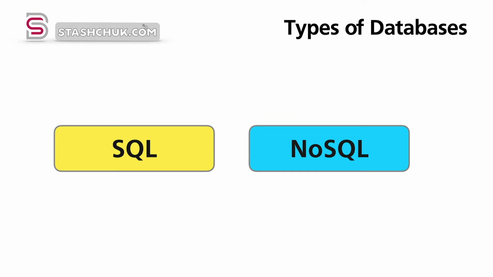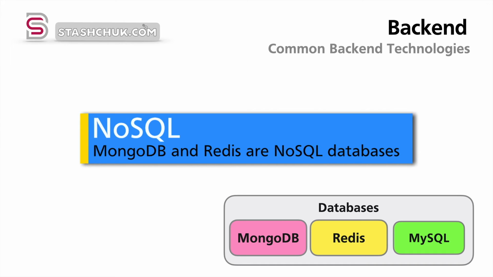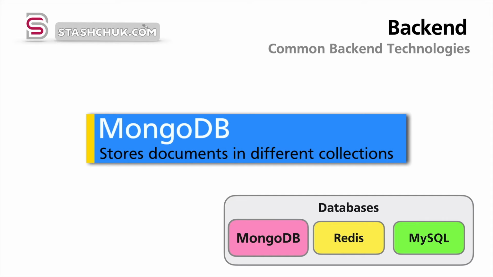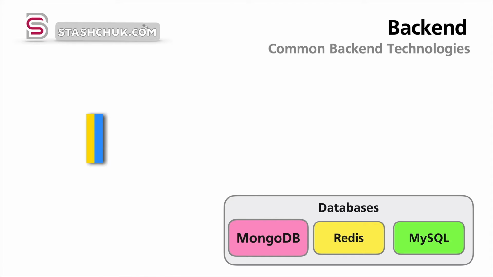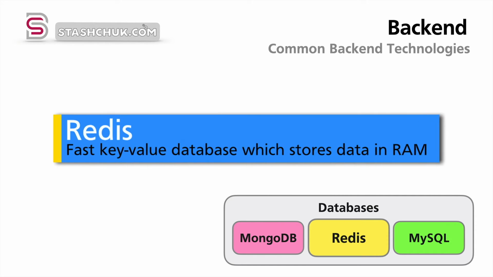and NoSQL databases. MongoDB and Redis are considered NoSQL databases and don't have strict requirements to the format of data stored inside of them. MongoDB is the most popular NoSQL document database where different documents with various sets of fields are stored in different collections. Redis is a very fast key-value database which stores data in RAM, and therefore very often utilized for caching, queuing